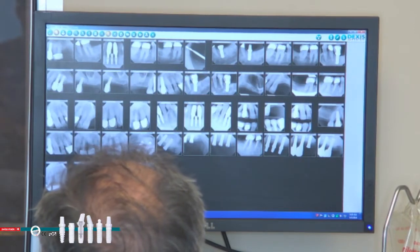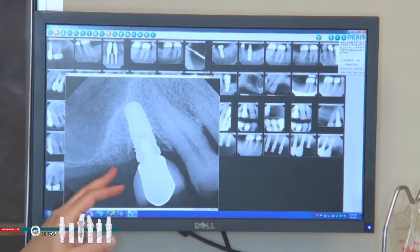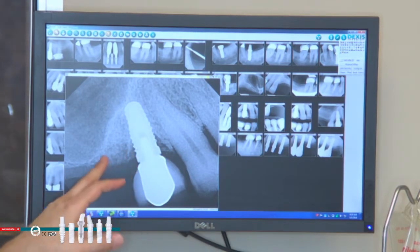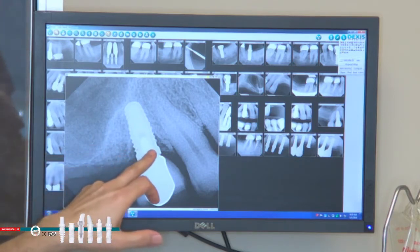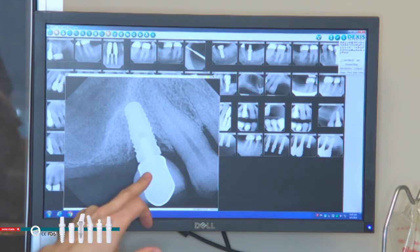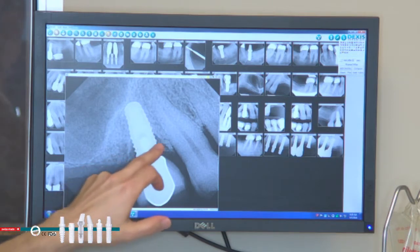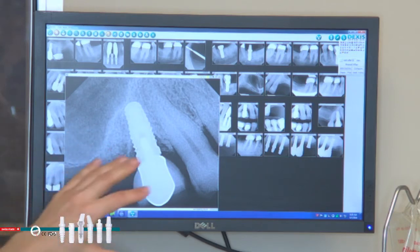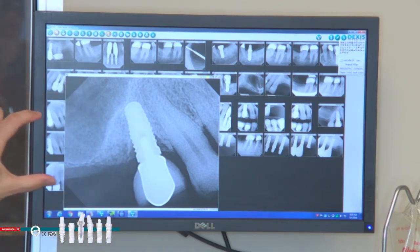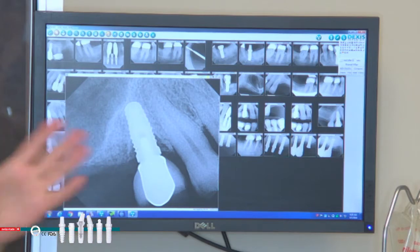Here, if I show you the X-ray on the upper right side, this was taken last year. He had another titanium implant that was taken out, and this other titanium implant that's existing there, it's number 5. This implant showed some angular bone loss on the mesial and distal, which is a mild to moderate periimplantitis. When I was doing the sinus graft last year, I also did some osteoplasty and saved this implant, and that